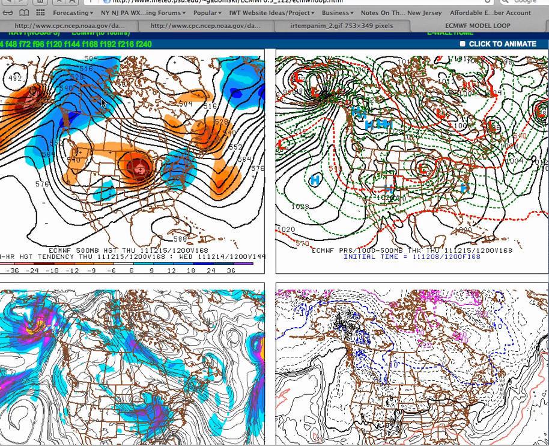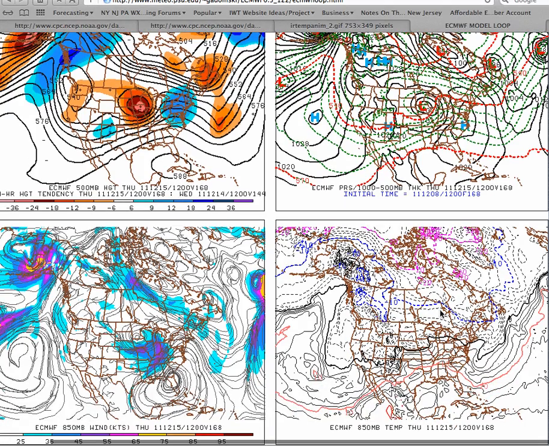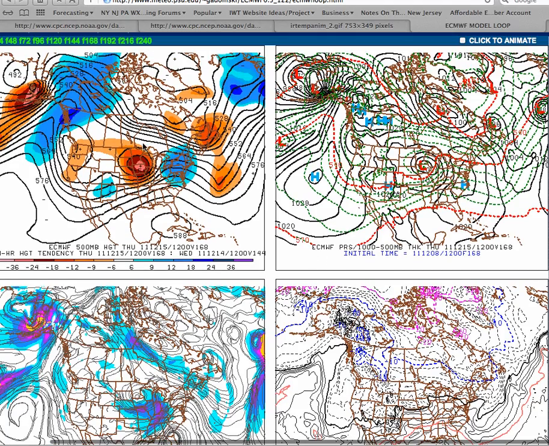Now let's be clear about this. This pattern is split. This is not the same pattern we've seen the past few years where we basically have a polar jet stream, Pacific jet stream dominating the entire weather pattern. This one is clearly a split pattern. And we could see that with our temperatures, where very cold temperatures, Arctic air is building over Canada, where, by the way, snowfall amounts are well above normal for this time of year. And very warm air is building over the southeast, and you can see our thermal gradient already starting to develop.